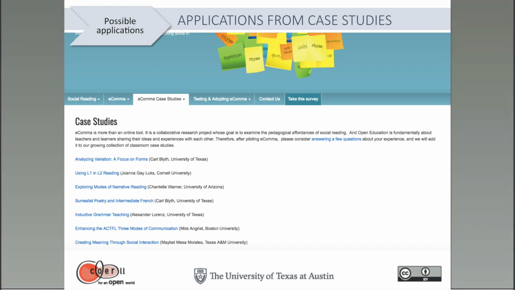But what was very nice too is the use of heat maps, because eComma also lets you plug into heat maps that show visually where students are focusing on a text. You can highlight the specific language, but the heat map also shows the collective impact of